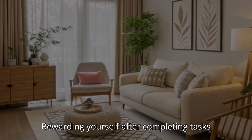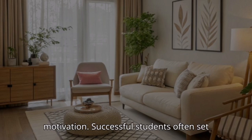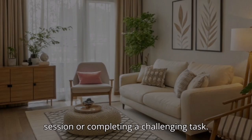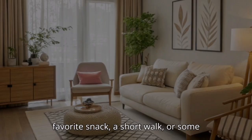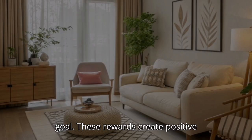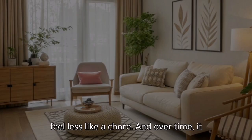Rewarding yourself after completing tasks is a habit that helps maintain motivation. Successful students often set small incentives for finishing a study session or completing a challenging task. For example, they might allow themselves a favorite snack, a short walk, or some time on social media after hitting a goal. These rewards create positive associations with studying, making it feel less like a chore, and over time, it